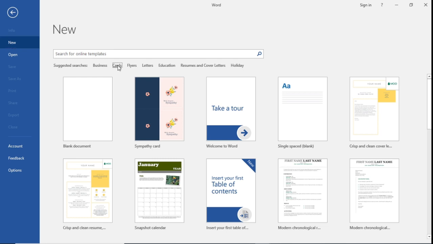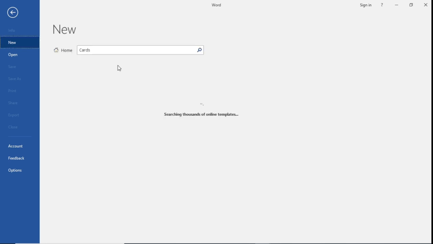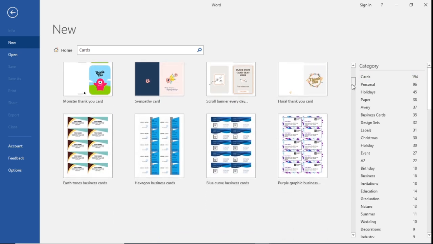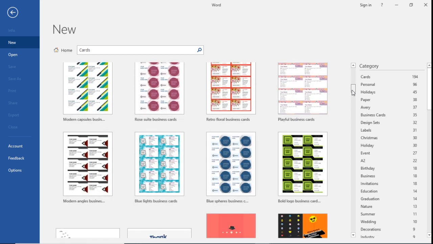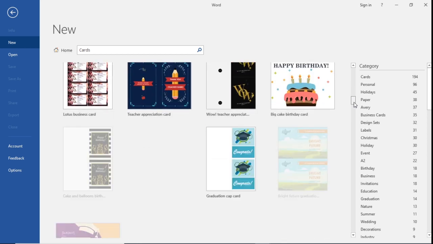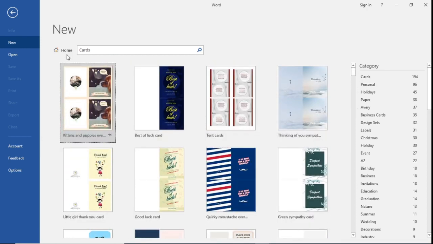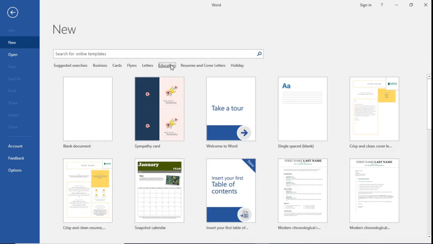We have a lot of cards available. We have predefined templates in which I can edit my text. So we have cards for birthdays, anniversaries, personal uses, visiting cards, etc. Lots of templates are there which can be edited by us and used. There are templates for education.